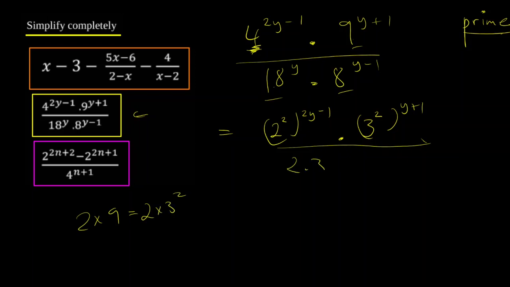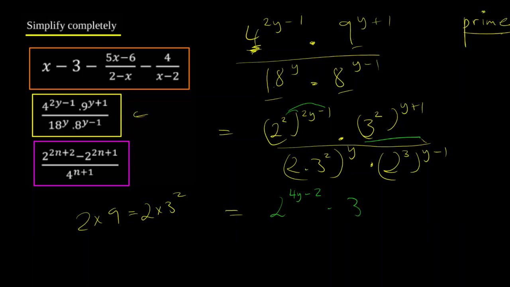So that's 2 times 3 squared, as we said, to the power y, and then 8 is just 2 cubed, all to the power y minus 1. So we need to simplify that slightly. Let's do it in a different color so it can stand out slightly. So over here we apply the power rule, so that's 2 to the power 4y minus 2. For this term we'll have 3 to the power 2y plus 2